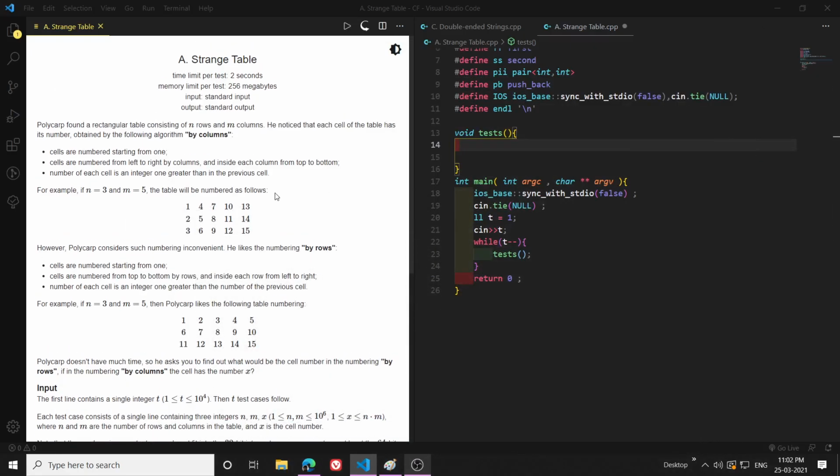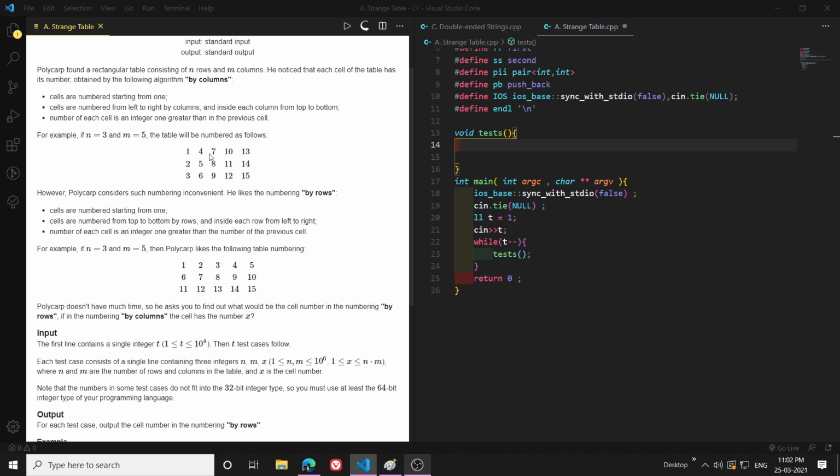So hello everyone, in this video I will be explaining the problem Strange Table, and it is from Division 3. Pretty simple problem, straightforward, just basic mathematics, and you have to observe, do a little bit of dry run, do it with an example. So in the problem what it is saying is that there is a guy, he has